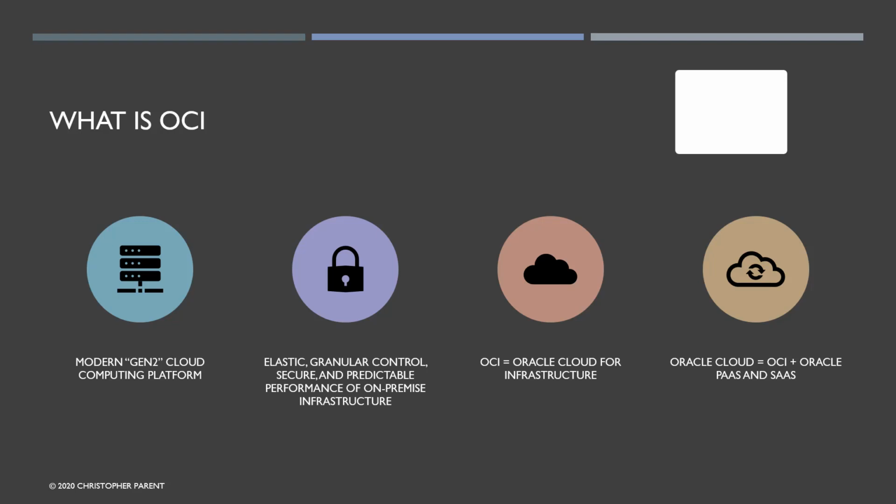Gen 2 is elastic, allowing you to scale resources up or out when you need to. And unlike other cloud providers, you get predictable, guaranteed performance out of your OCI resources like you would expect from services that are deployed in your on-premise environment. OCI also bills itself as one of the most secure clouds out there by providing granular control over all of